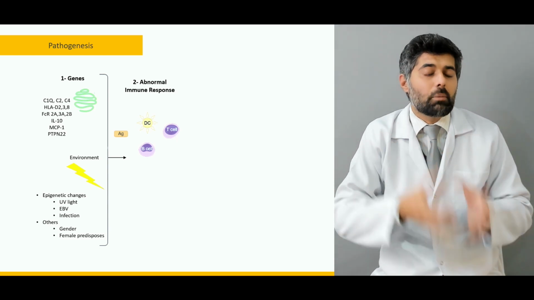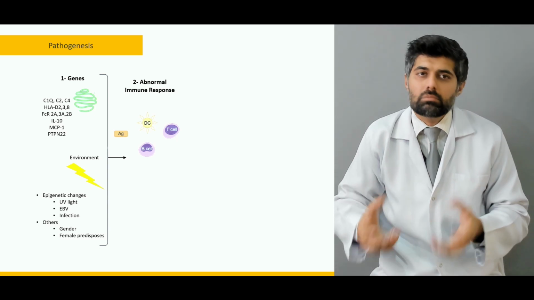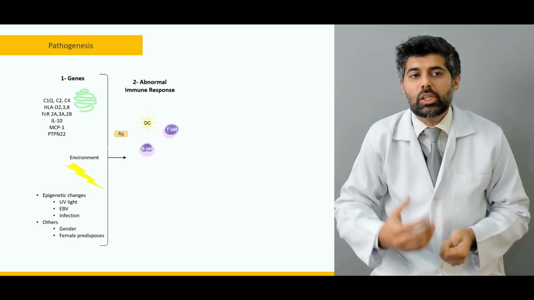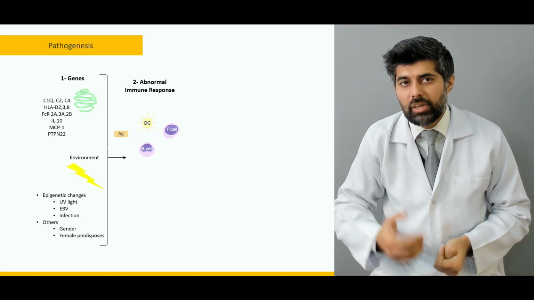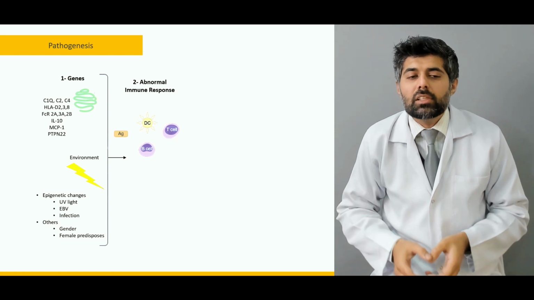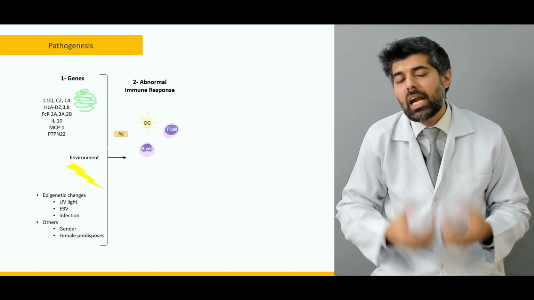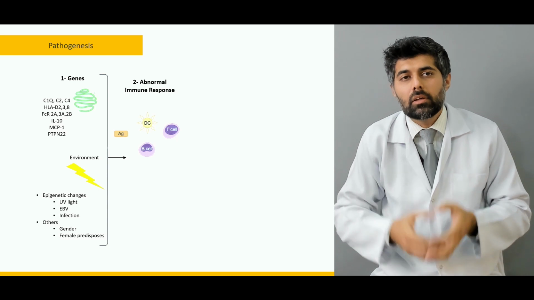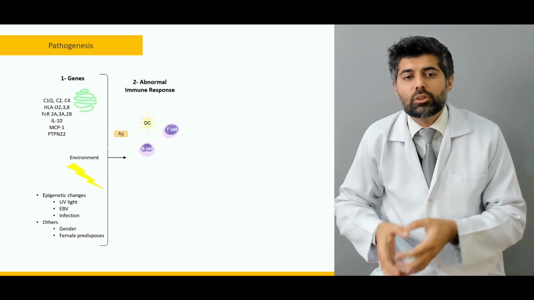It is abnormal. Why? We will learn that further in the immunogenesis of SLE. But here it is suffice to say that all of this, the genes and the environmental factor, give rise to